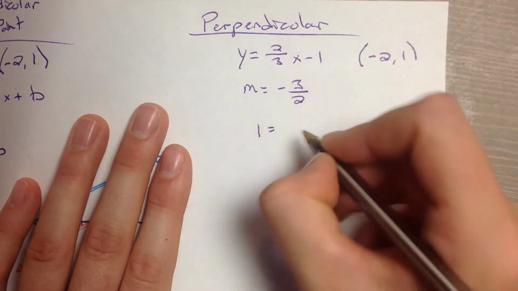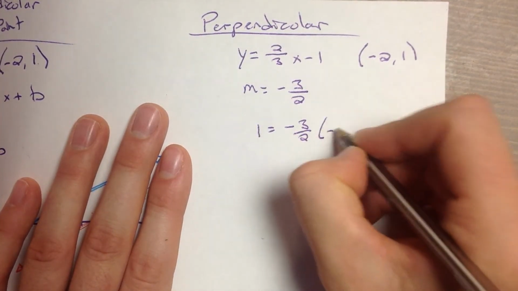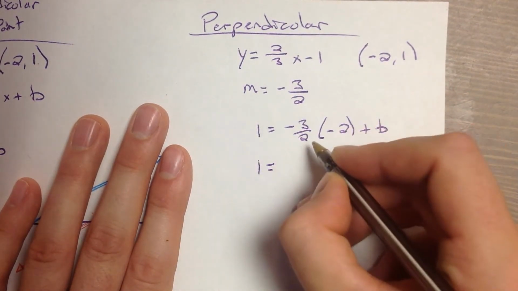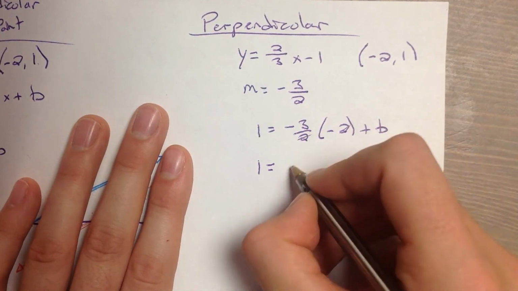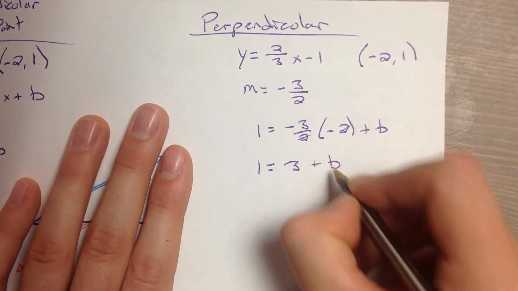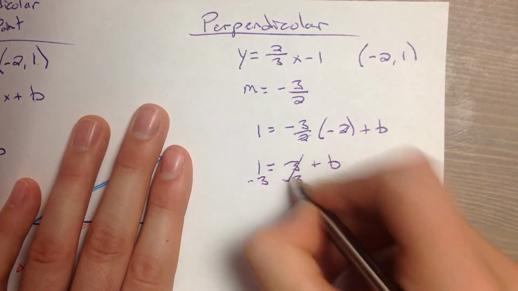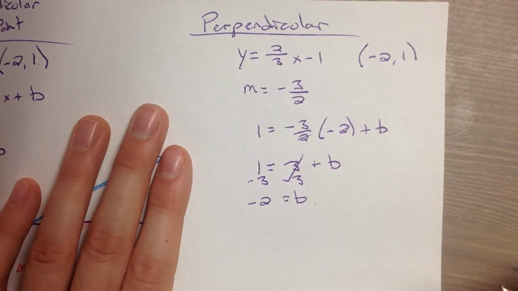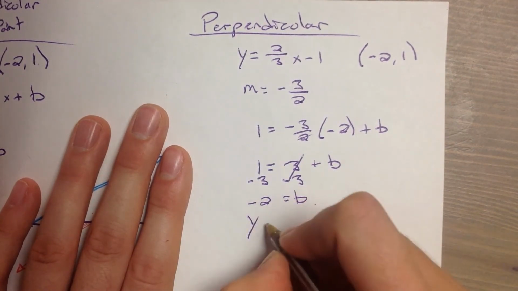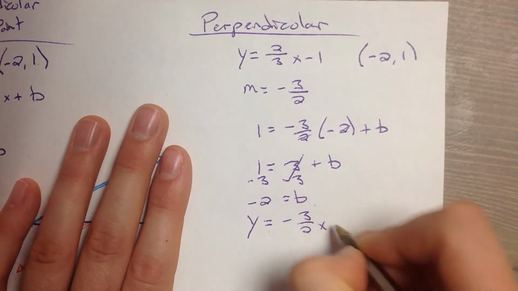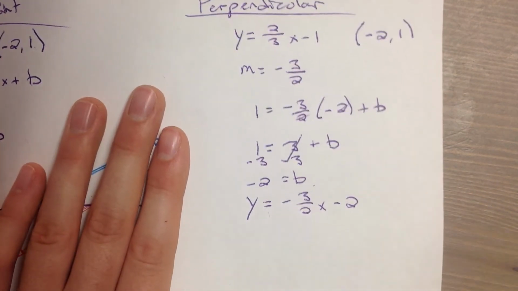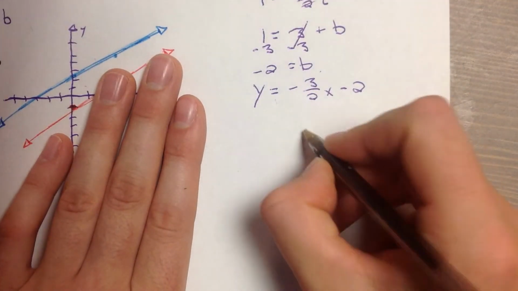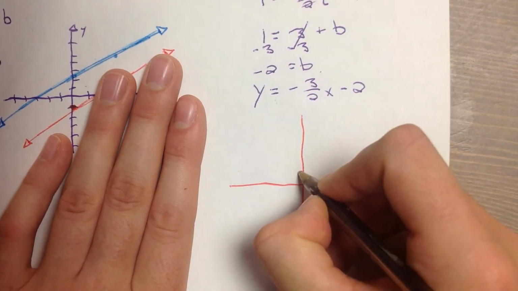Y of 1 equals m of -3/2 x of -2 plus b. 1 equals, so when these two times, these cancel and I'm left with +3 plus b. Minus 3 to both sides gives me b of -2. So y equals -3/2 x minus 2 would be our final equation of the line. So if we want to graph these two on the same coordinate system,